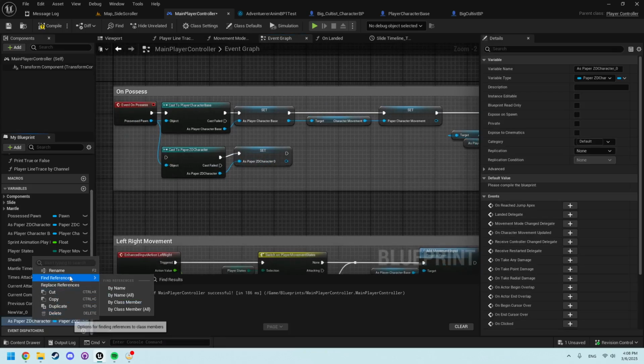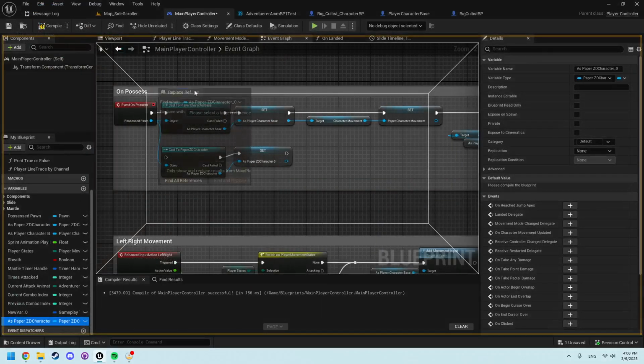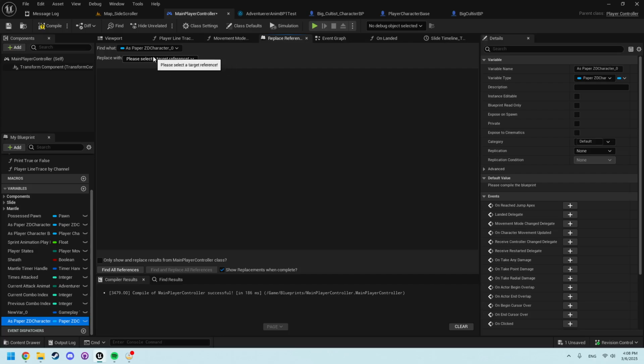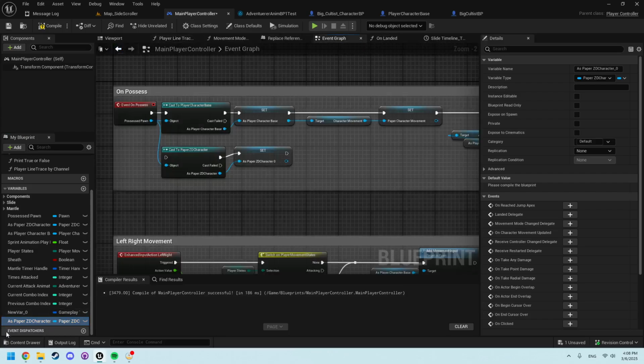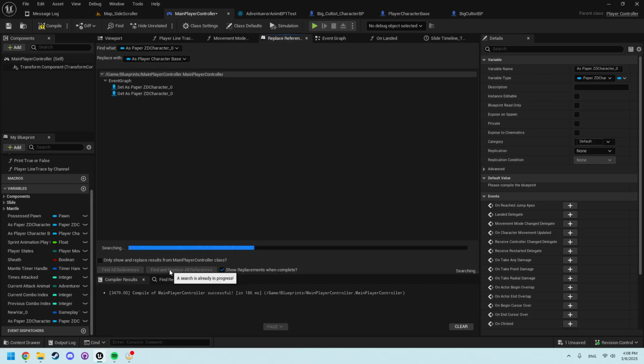And I guess I can demonstrate the replace references. It can be a little finicky at times. We find whatever we need and we replace it with what we want. We can do it with the as player character base. Let me drop one in here real quick. There we go. And now if we go ahead and find and replace all references,